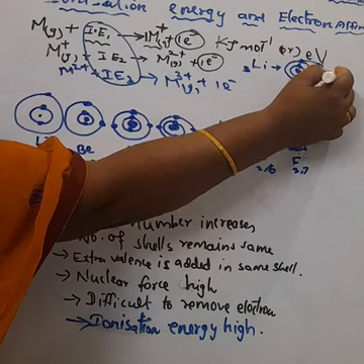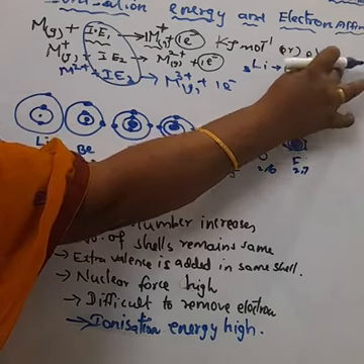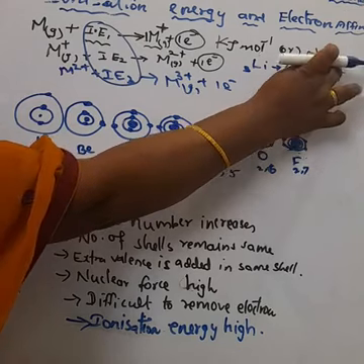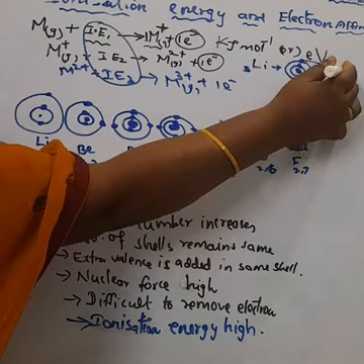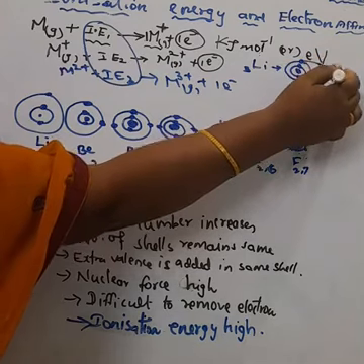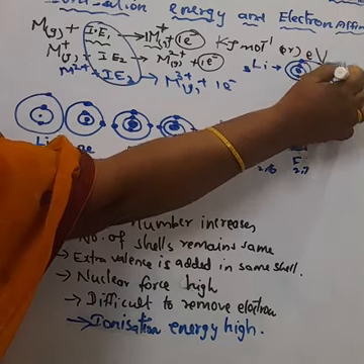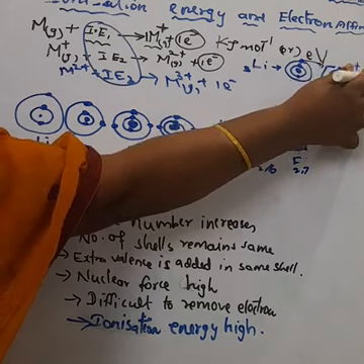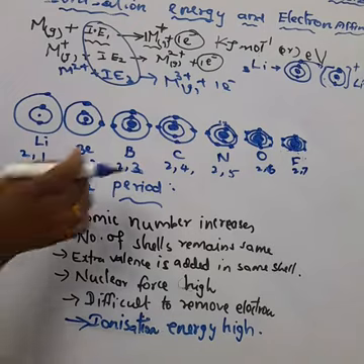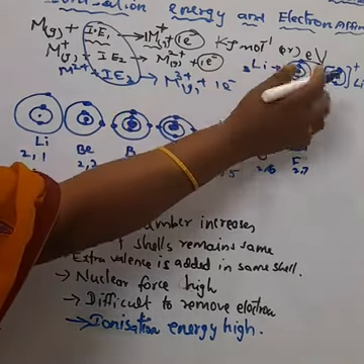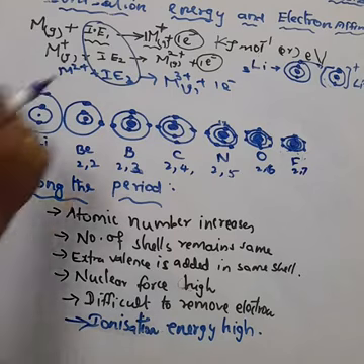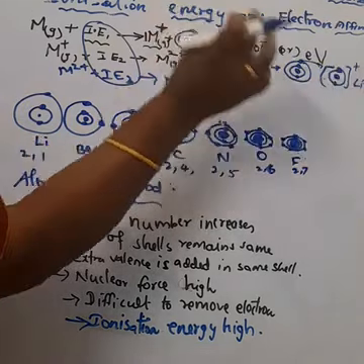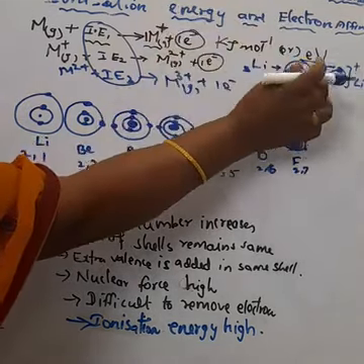Here, the total number of electrons, how much? Here only 2 electrons. Okay, 1 electron we removed. So the total number of electrons is less in the cation. Cation means 1 or more electrons less. Here, 1 electron less in the cation, lithium plus, 1 electron less than the neutral atom,